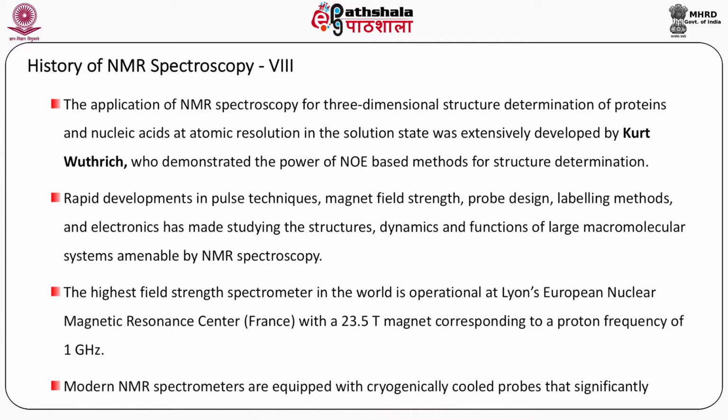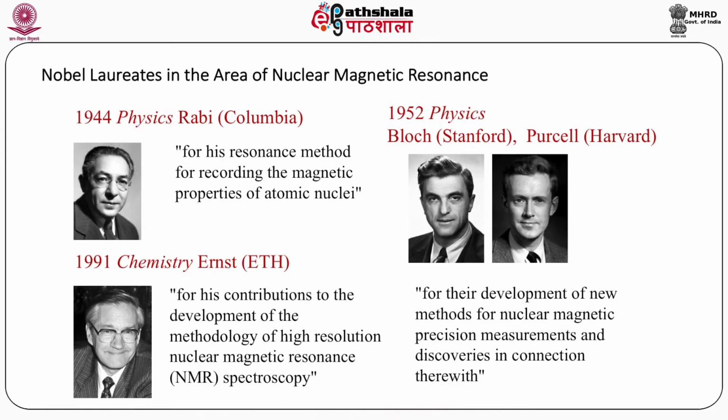Modern NMR spectrometers are equipped with cryogenically cooled probes that significantly increase the sensitivity. So here you see the Nobel laureates in the area of nuclear magnetic resonance. You have Isidore Rabi, who got the Nobel Prize in Physics in 1944 for his resonance method for recording the magnetic